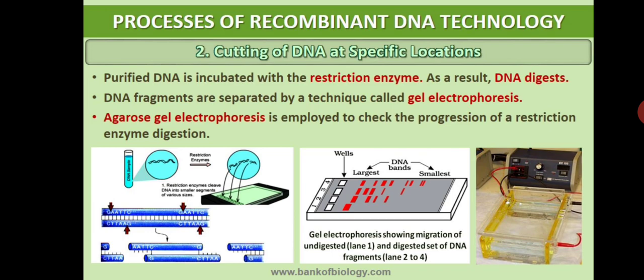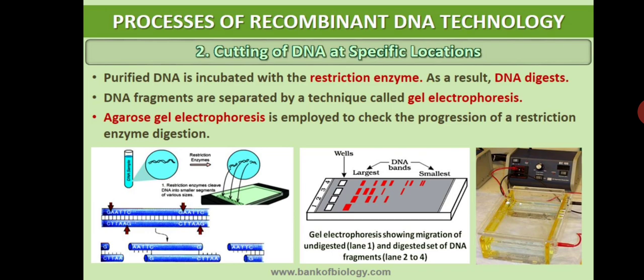Before moving to the actual process of gel electrophoresis, and the principle involved in it, first carefully observe the picture. In a test tube we have taken the mixture, that is the isolated DNA molecule, and that DNA molecule is treated with the restriction enzyme. When we treat the DNA with the restriction enzyme, fragments are produced here. These fragments we can put into the gel electrophoresis kit.